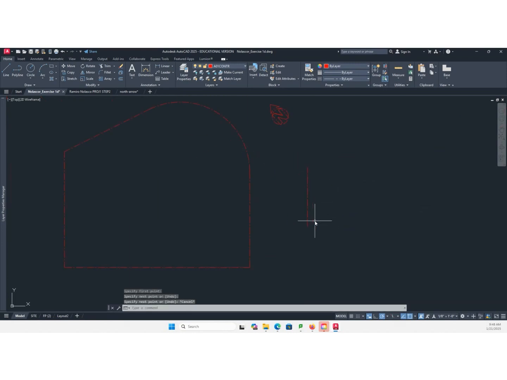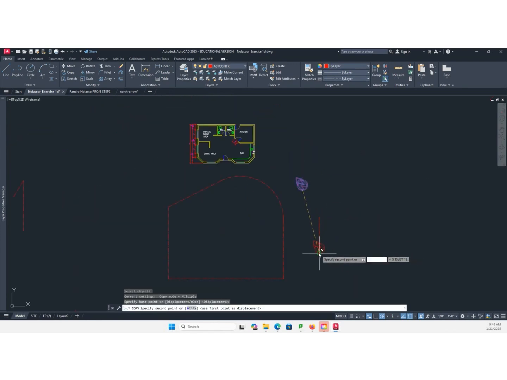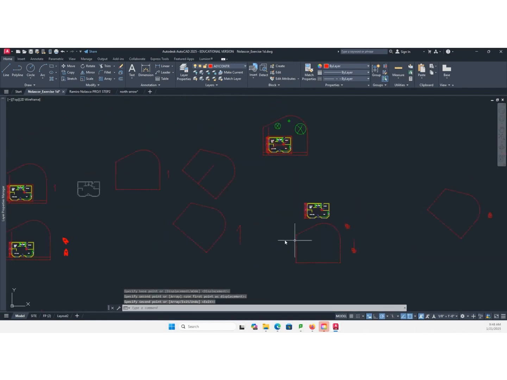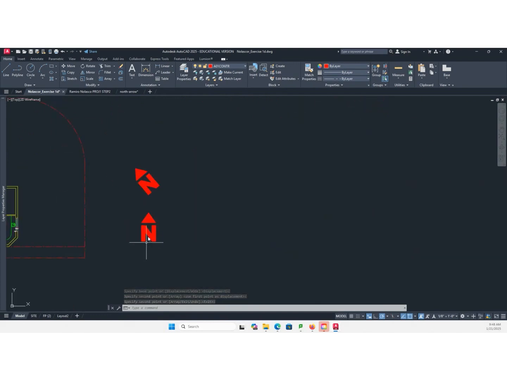So that's what we call the direction of the project north. I'm not using this line because it might be at an angle. So I'm going to copy this at the end point, and I'm going to make a project north. So there's a project north and the true north.